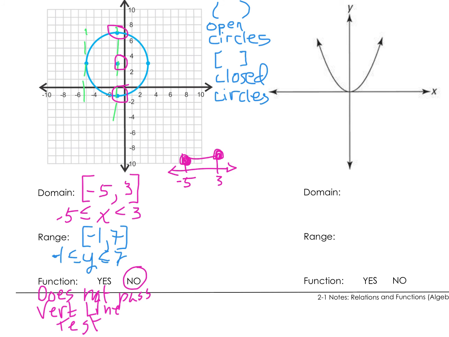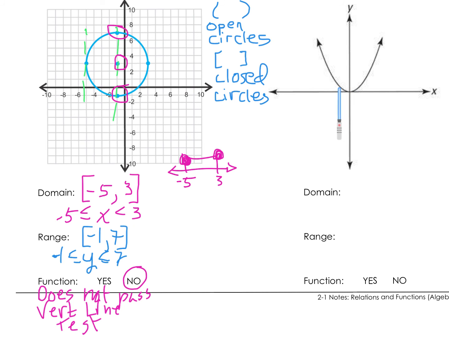Now, you do J on your own over here. Pause the video and try to do J on your own. Okay, so if we look at this graph, for my domain, I want to go to the left, and notice